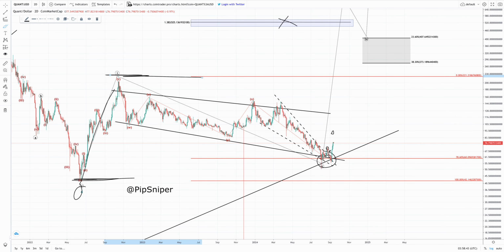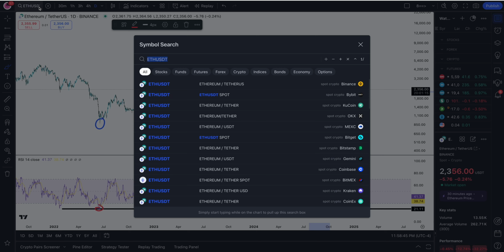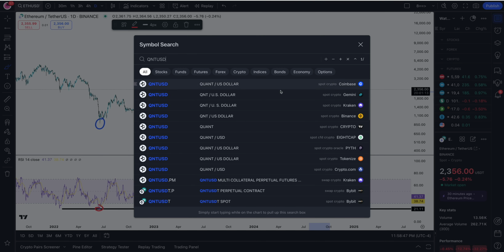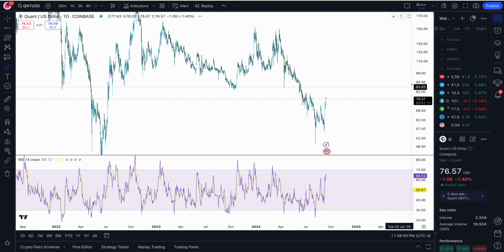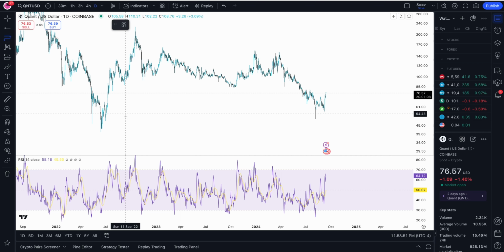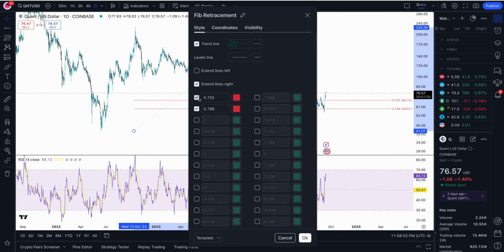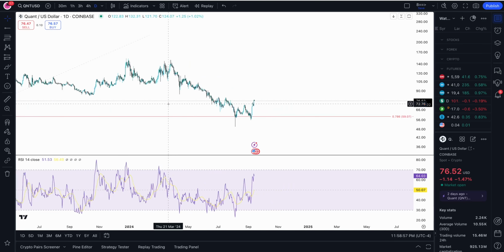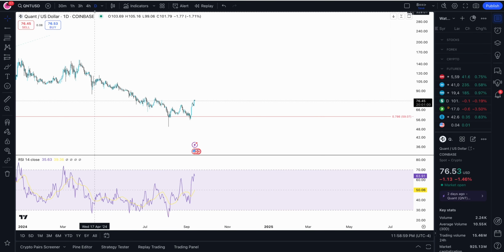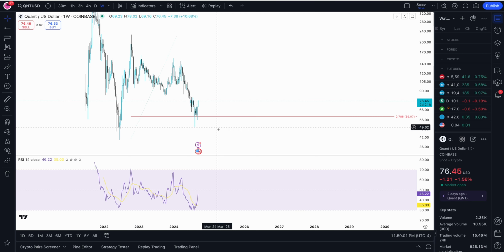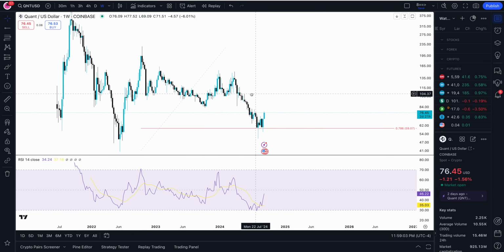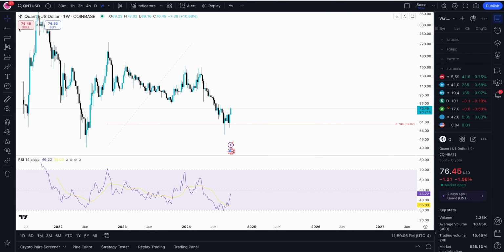So if we go over here and we take a look at QNT, you see how we perfectly came down to the 786 right over here? Absolutely no closure below it on the weekly time frame. You see, we just double tapped it. Okay, so